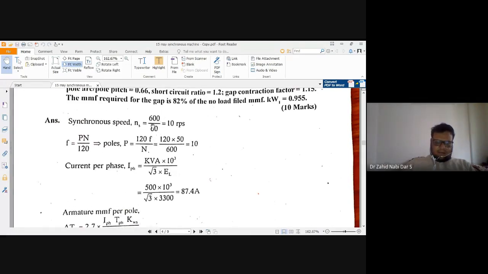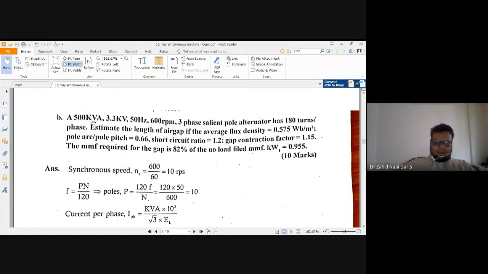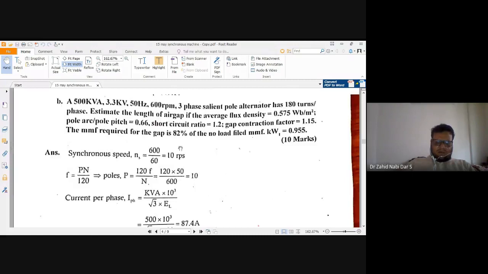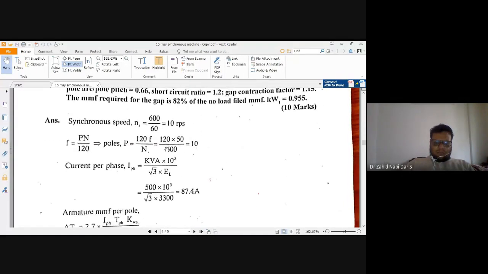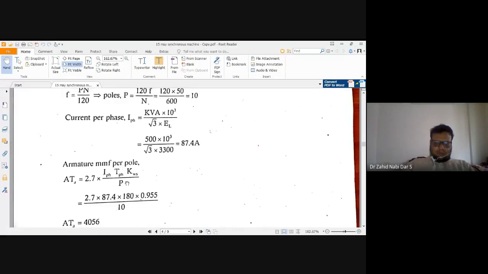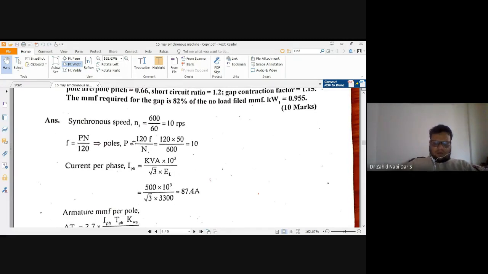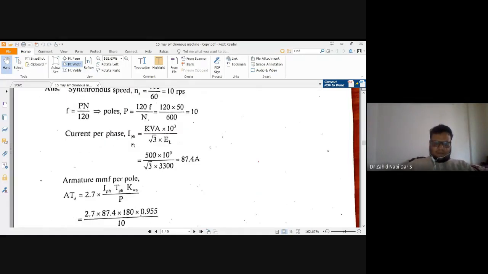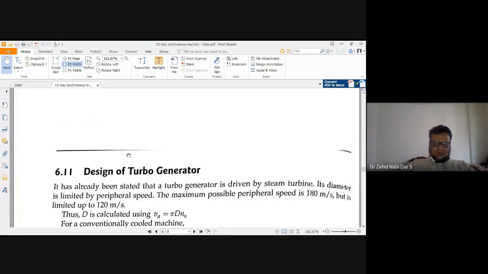Then see here one thing he has done, this synchronous speed 10 rps. No need, anywhere do we require this? It's a scanner, they solve like this only. Do we require this Ns is equal to 10 rps? Nowhere was its use, so no need. Here we required poles. Why are poles required? Because we have to substitute the number of poles here, then only we'll get this ATA value. But this Ns value was nowhere required. So on a similar basis, if you go through the problems, you will be able to do any problem. So one more problem we'll take up, and you write it down.